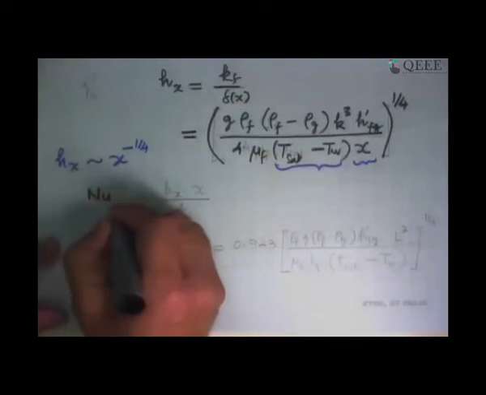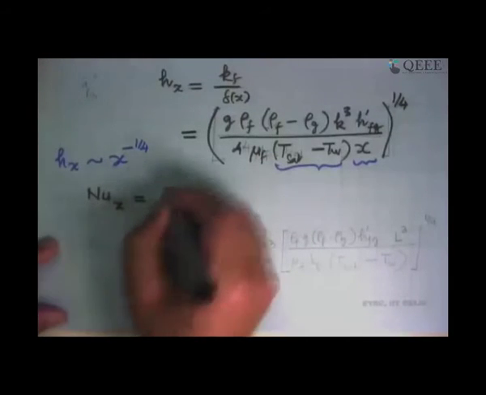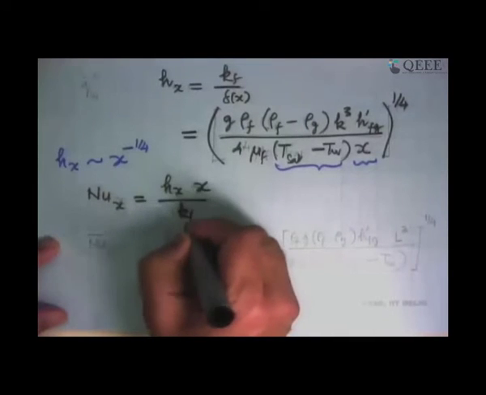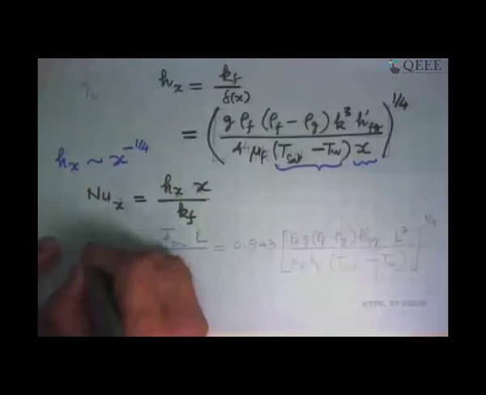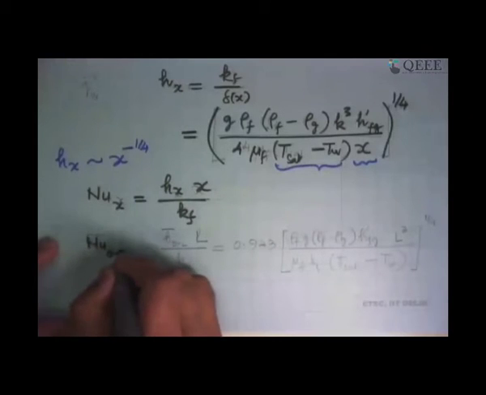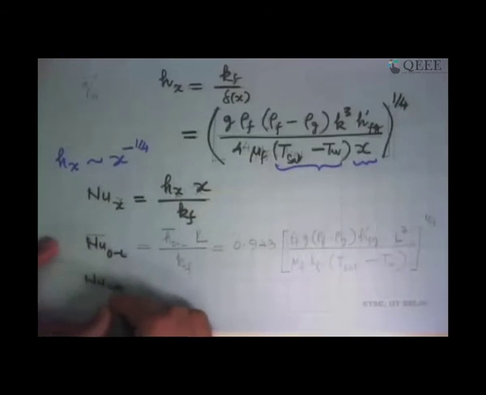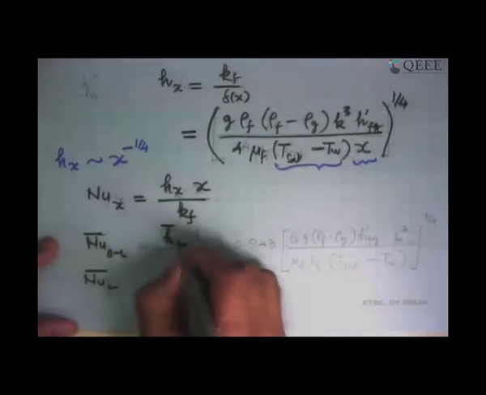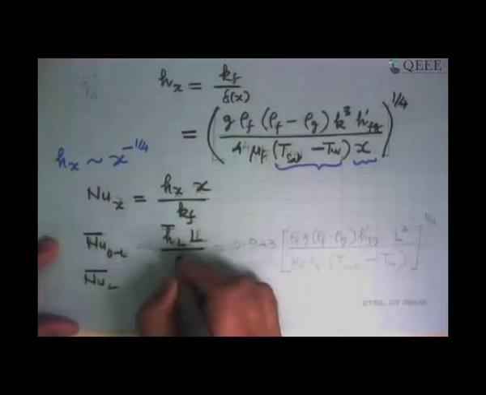And then we said, I want to express this as a non-dimensional quantity, so I can use it in a variety of problems. And for that, you get Nu_x. This can be defined as before: local heat transfer coefficient times distance upon k_f. And the average Nusselt number for the whole plate, Nu_0 to L or Nu_L bar, either of these, is h bar L multiplied by L upon k_f.